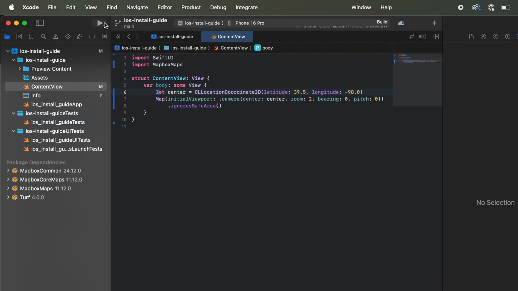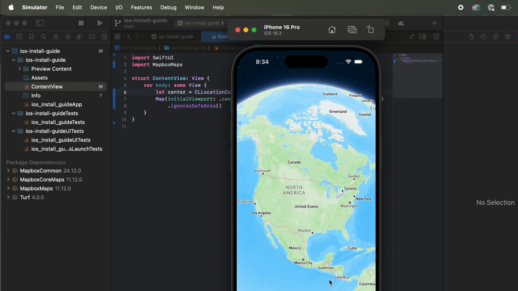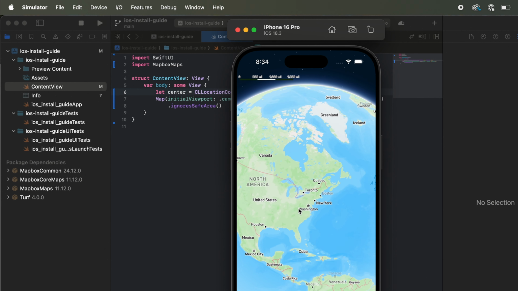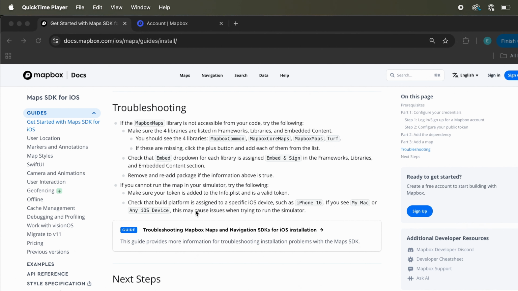Now, if you press play, Xcode will take a few minutes to spin up the emulator, and then you will be able to see your map appear. You'll be able to click on the map, move the globe around, zoom in, etc. If you don't see the map or run into errors while compiling, here are a few common troubleshooting solutions to